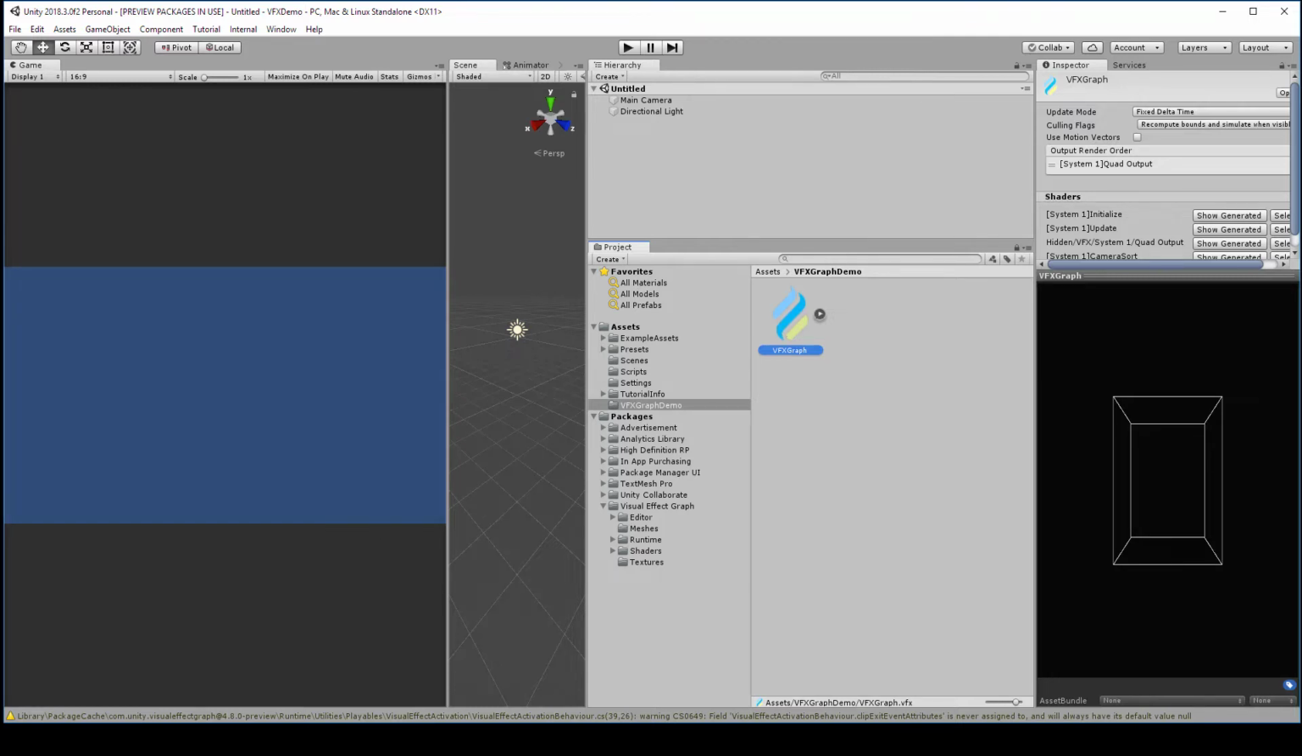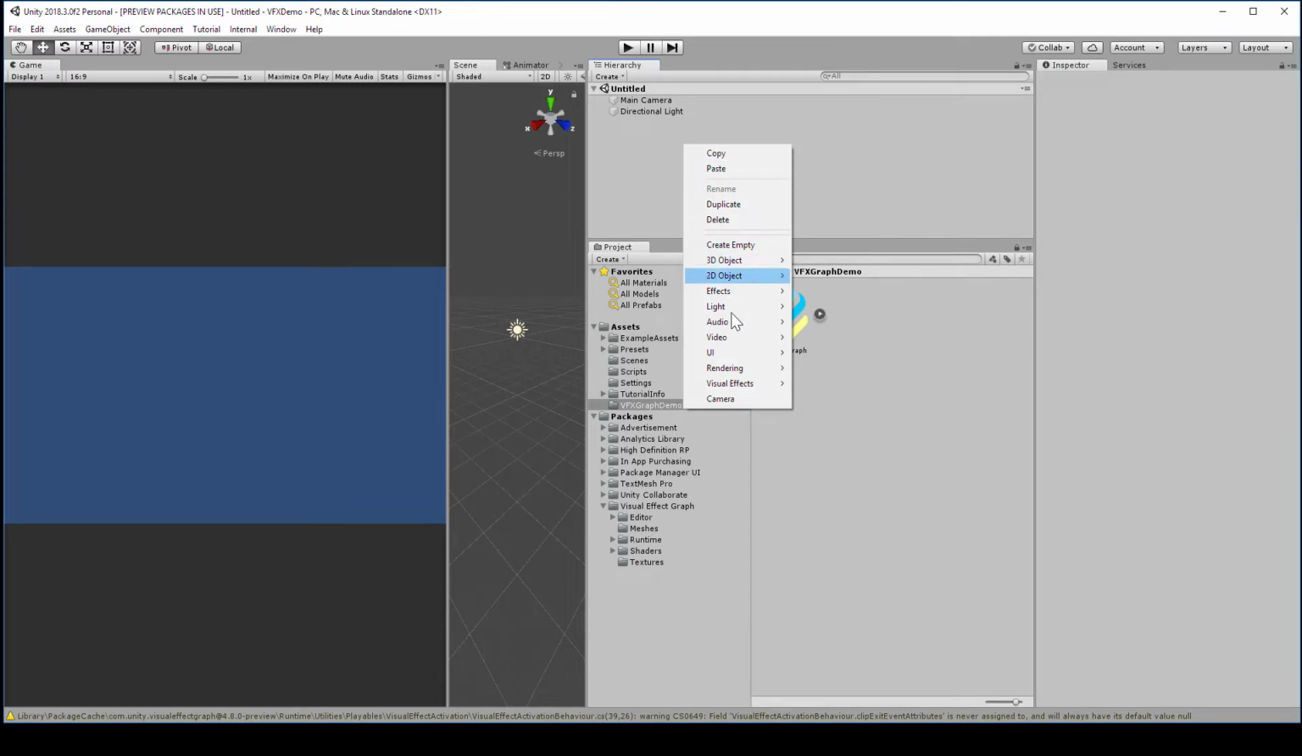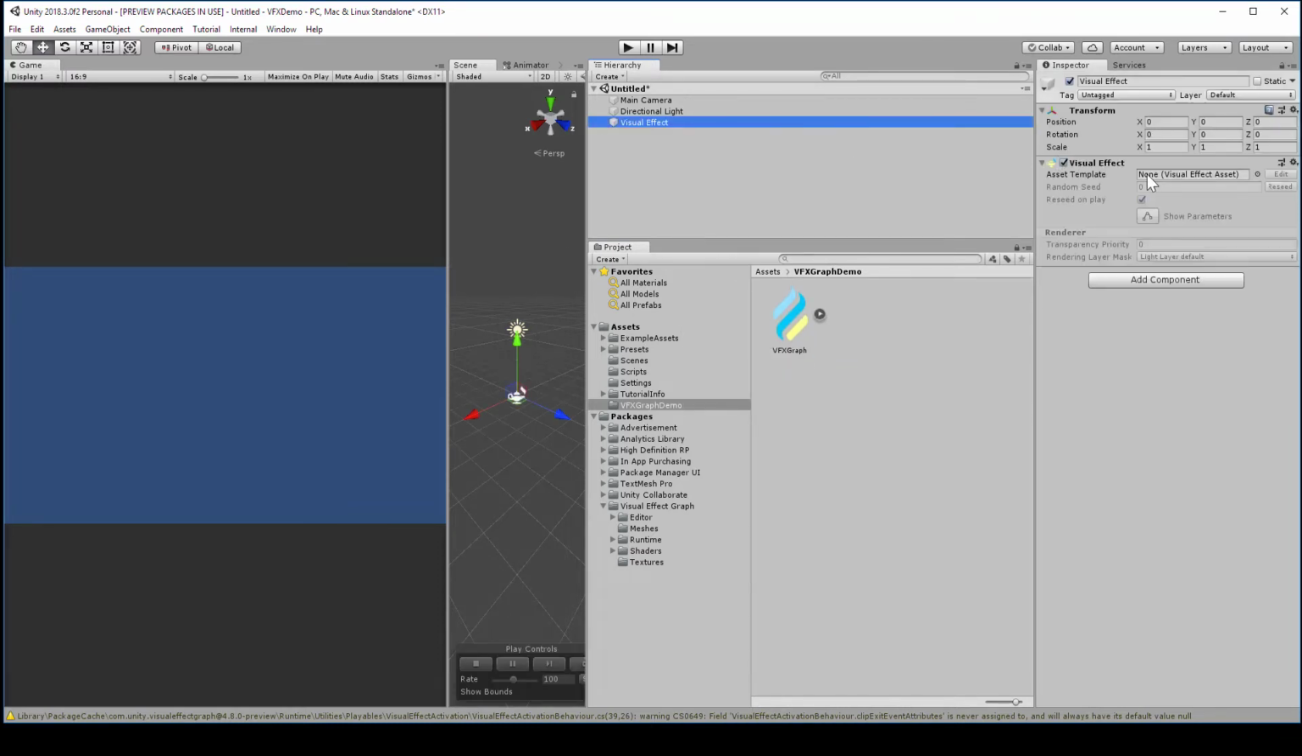Again, we'll generate that from the context menu. Right-click, visual effects, visual effect. Just note that this is a different entity than what we made in the project. To attach the graph from the project to the visual effect object in our hierarchy, you just drag it to